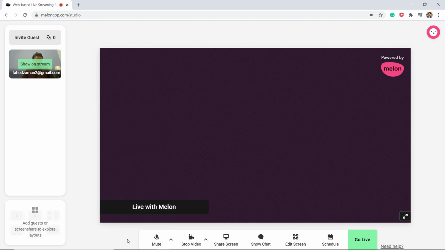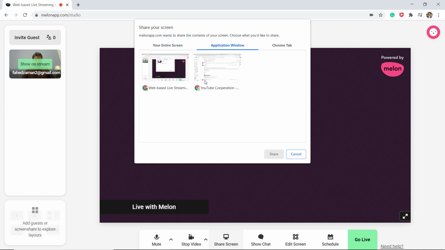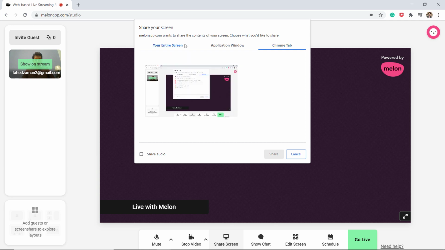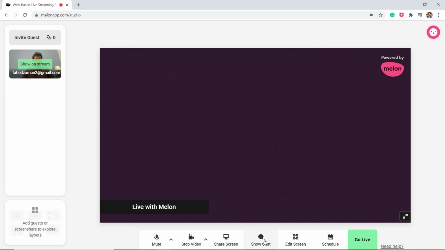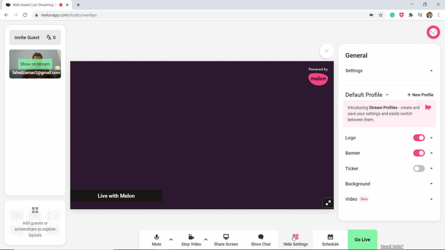On the canvas, you will also see a way to share the screen, view chat and edit your screen sharing. The screen allows you to share whatever is on your computer. You can choose to share your full screen, a specific application, or a specific tab in your internet browser. You can click on the chat bubble. There is an option to see the private chat, which is just between you and the folks on the call, and stream chat.